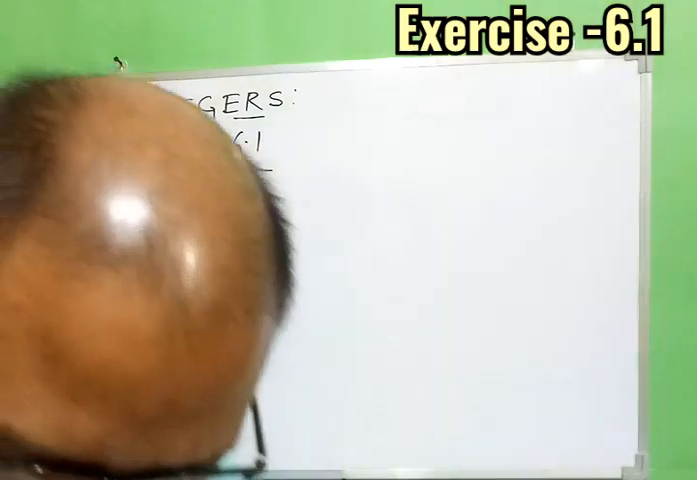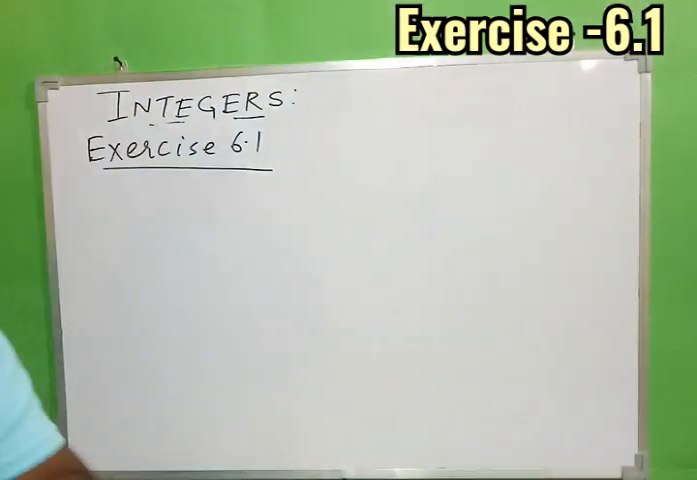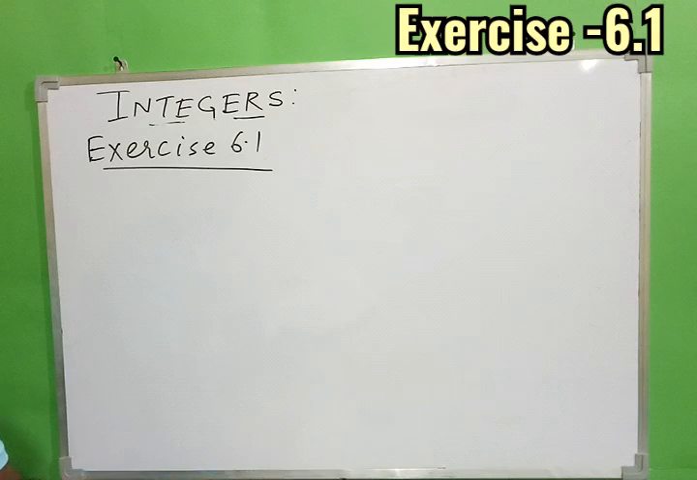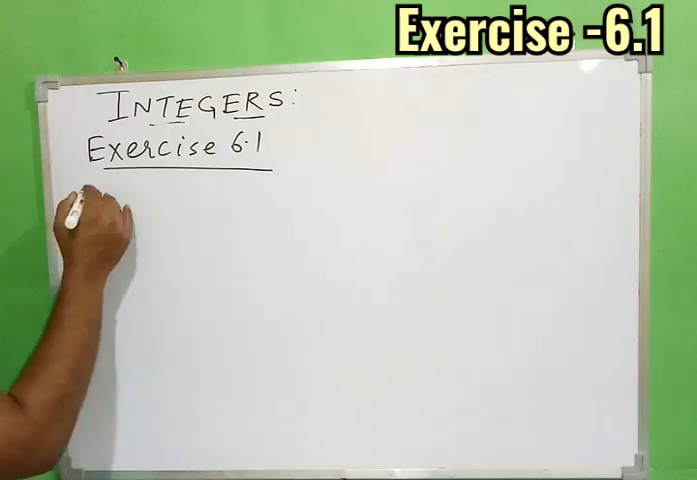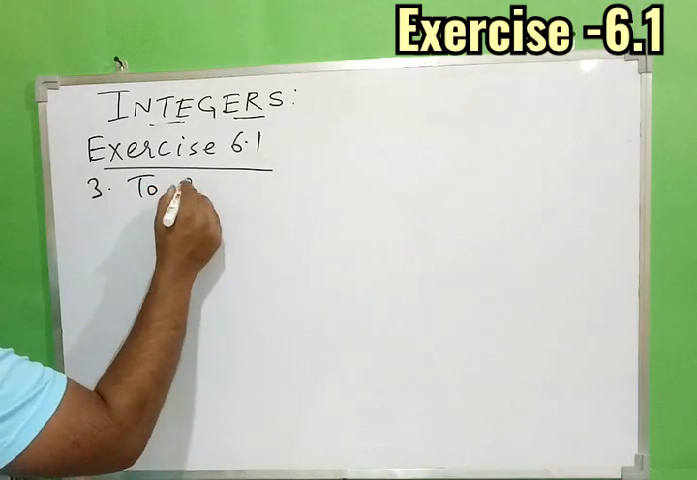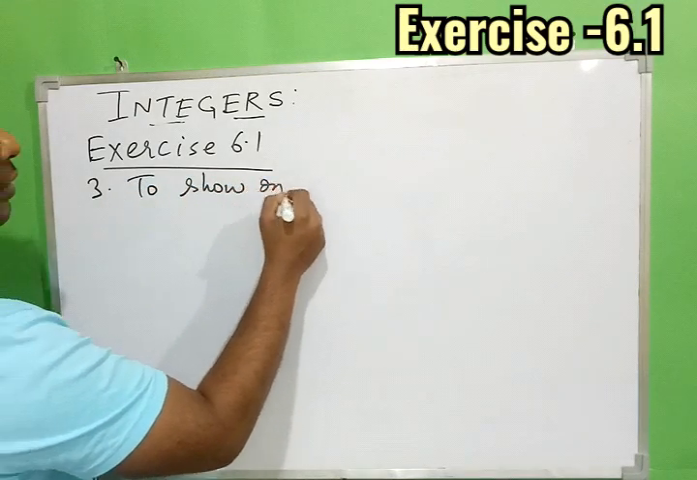Okay, it just takes a few questions to understand the exercise given to us. So the very first question, first and second are very simple, that you can do yourself. We will go for number 3, and the question is: represent the following numbers on a number line. So to show on a number line,